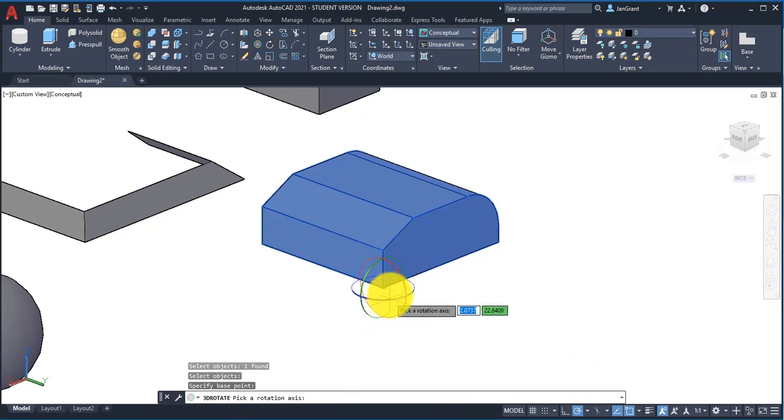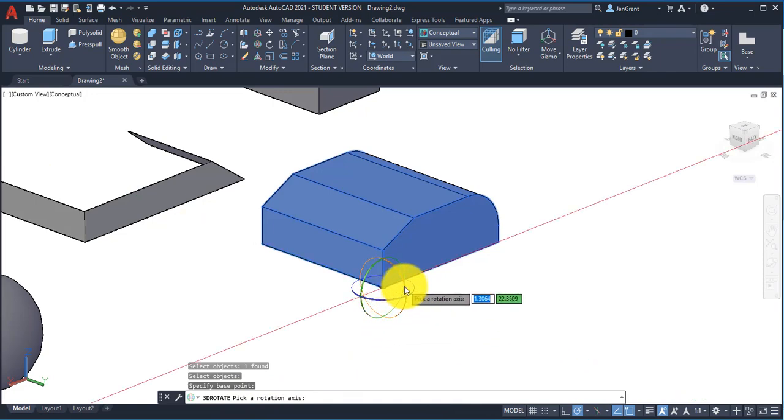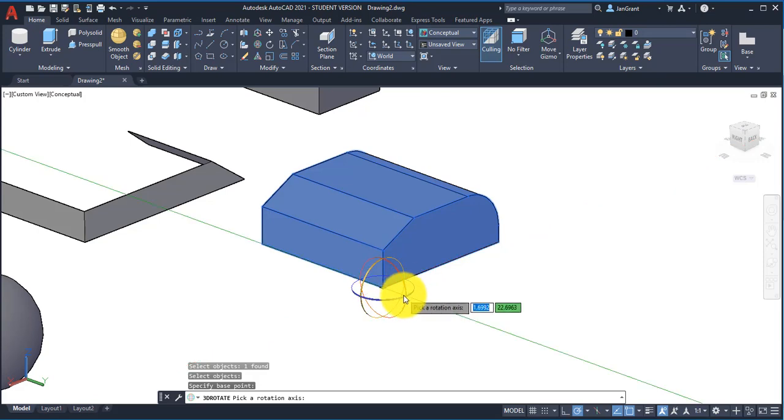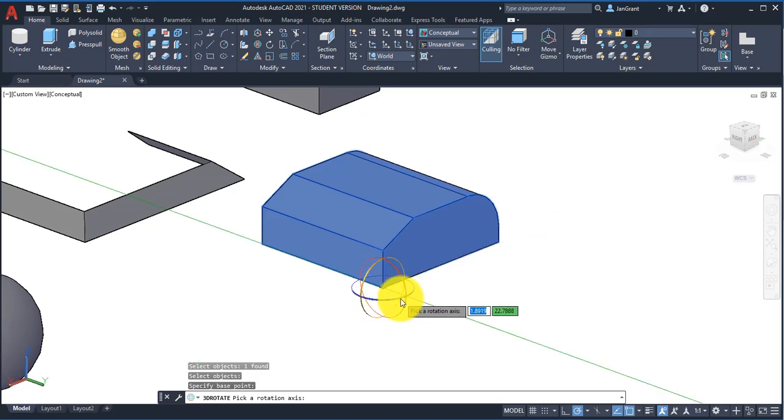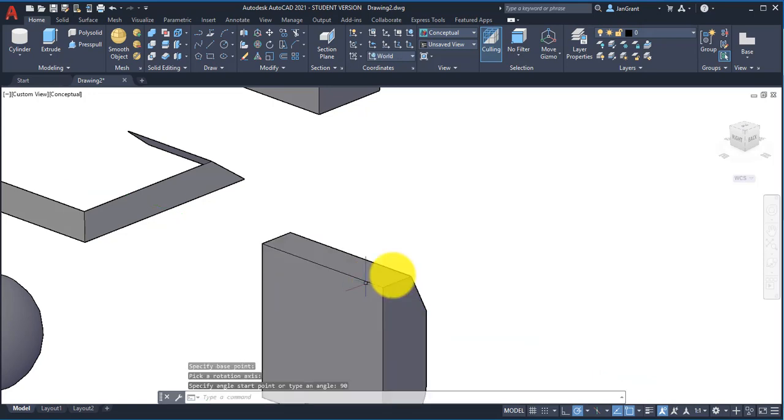So notice that when I get close to the red ring, my axis is going to be in the Y direction. And if I pick the blue ring, it kind of turns yellow and becomes the Z axis. So this whole thing would rotate around that axis. So I'm going to go ahead and get close to this green ring. The ring itself turns yellow, but you'll see that you have the green axis line right there. And then if I type in 90, I can press enter, and the whole thing is going to rotate 90